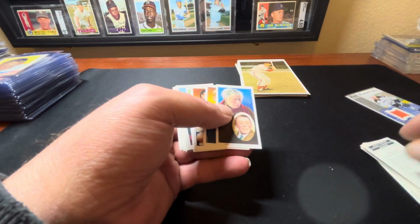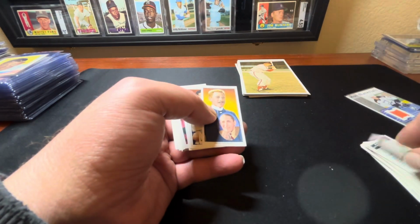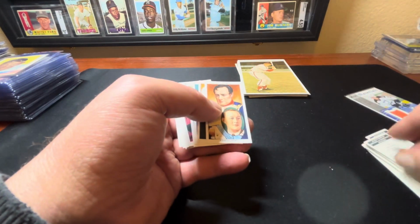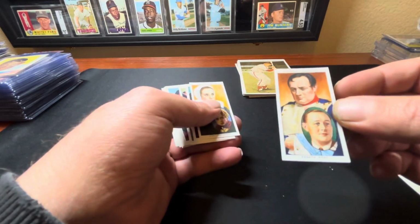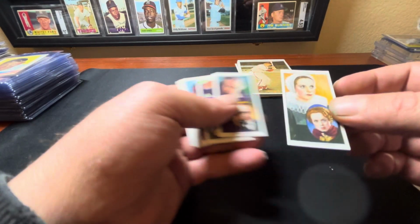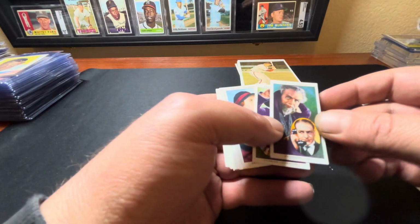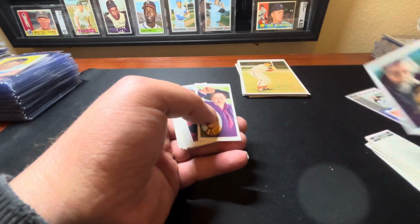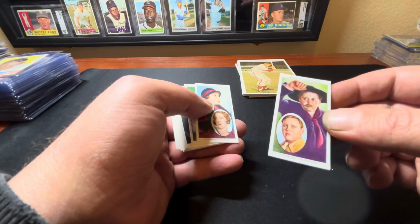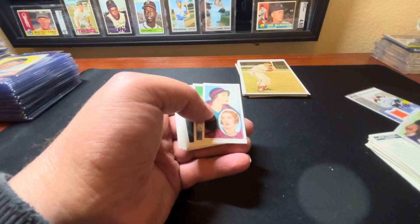Leslie Henson. Sir Seymour Hicks, another Sir. Jack Holbert, Kenneth Kent, Elsa Lancaster, Matheson Lang. So yeah, if you guys ever heard of any of these guys, please tell me down below what movie they were in and stuff like that. I'd love to know more about them. I haven't read the back of them yet. Charlie Lawton,